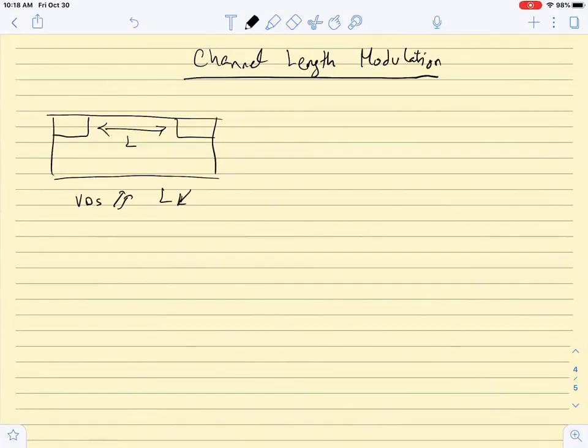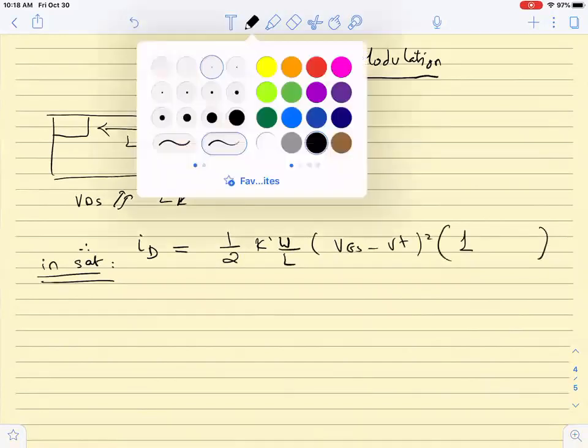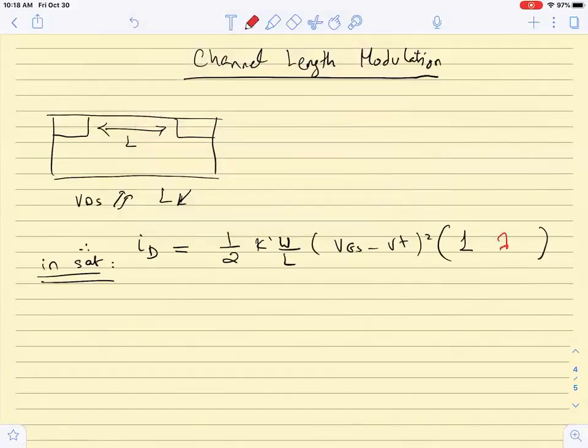And so they changed the equations, and they said I can model my equation in the saturation region, okay, as follows. ID is equal to half K prime W by L. هيدي نعرفها نحن VGS minus VT all squared زائد a factor that is linearly changing with VD, okay, يلي هو عندي constant اسمه lambda times VDS. يعني نحن بنعرف هيدا الفاكتور اللي هو 1 حطوا لنا component يلي هو linear as function of VDS,